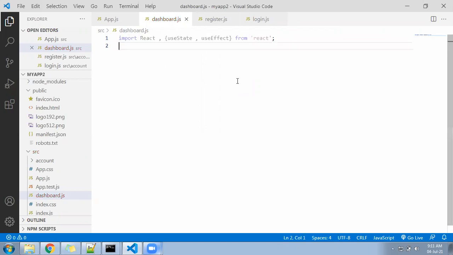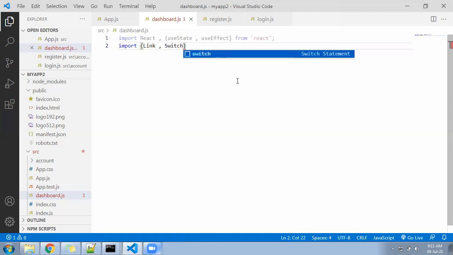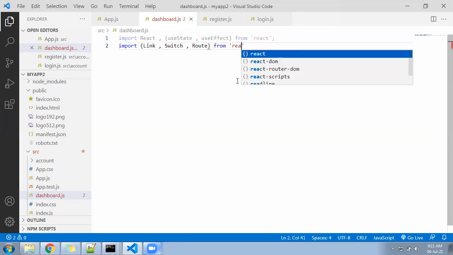Right here import Link, Switch, Route from react-router-dom. This is all well explained in that video, the first page of the channel website. There are two pages of routing there. If you have more confusion, you can have a look at that.